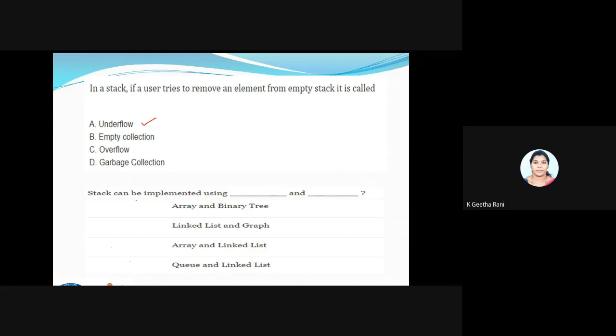Stack can be implemented using dash and dash. I'm getting an answer: queue and linked list. Any other answers? I have not said this particular term at all, but you can give a try. Compare how you are implementing your list.